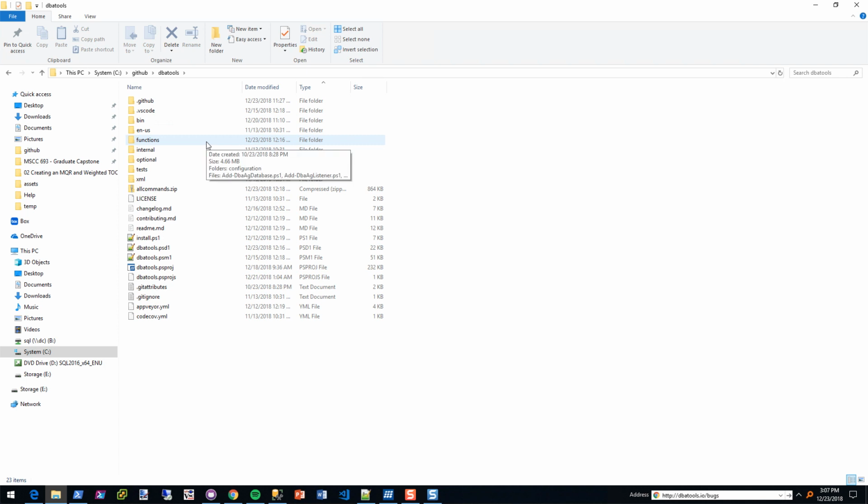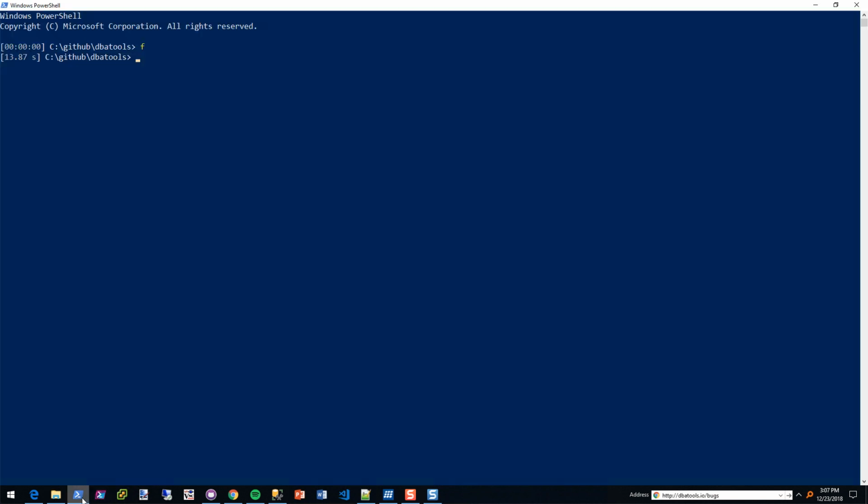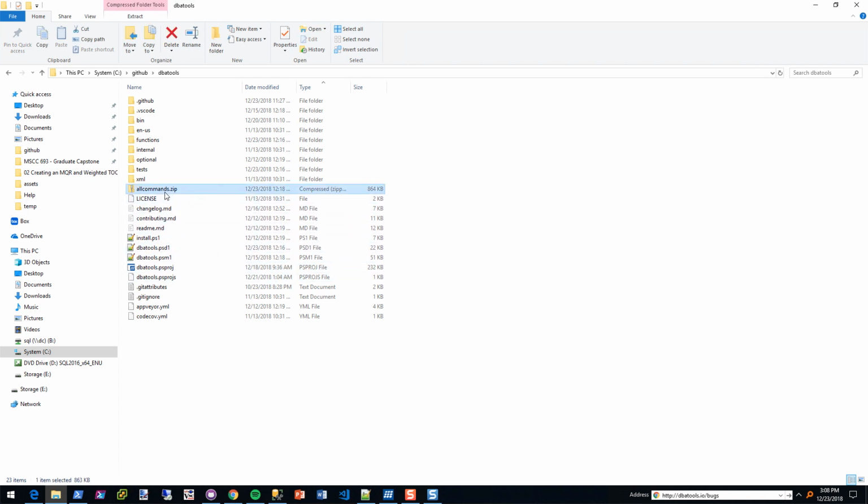But I've cloned the GitHub repository, and our import script notes if you have a .git directory, then you are a developer. We're going to load each of the files one by one. And now that we have over 500, it takes forever, generally 7 to 13 seconds. But if you're an end user, it actually just loads this all commands.zip, and it usually takes about 3 to 4 seconds.